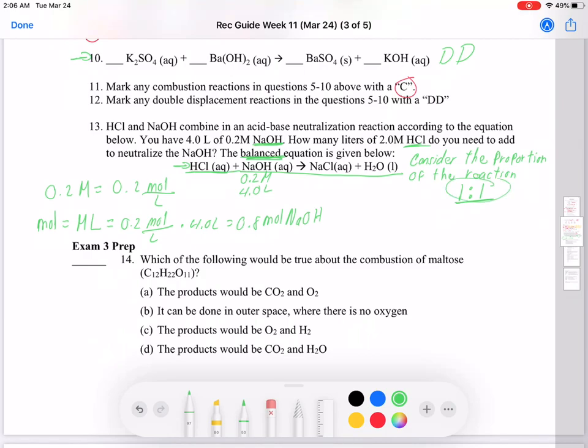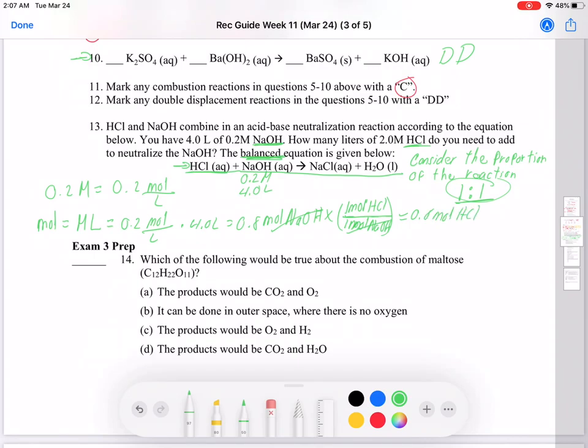Now I need to use this ratio because this is the way for me to pass from moles of sodium hydroxide to moles of hydrochloric acid. So the proportion, and it's quite simple to see, is that per each mole of NaOH, I have 1 mole of HCl. Of course, this is not going to change the numerical outcome. However, in the end, I won't be dealing with moles of sodium hydroxide anymore, but I will be dealing with moles of hydrochloric acid. So I have 0.8